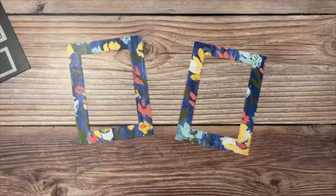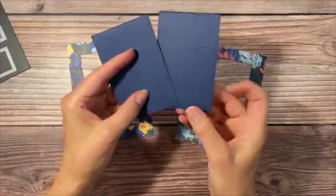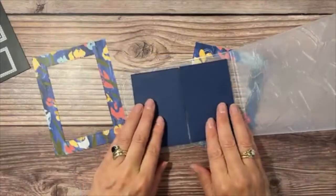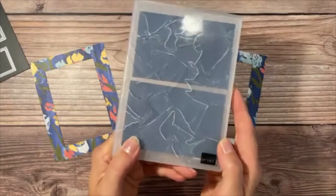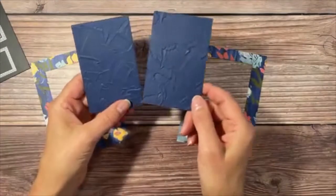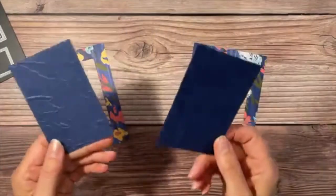There we go. All right. And then I also have, remember how I cut out those 2 pieces of Night of Navy from scrap? Well, what I did is I took them and I ran them through. And you can run through 2 at a time. Run them through your 3D painted texture embossing folder, and you will have something that looks like this. So these have the texture on,